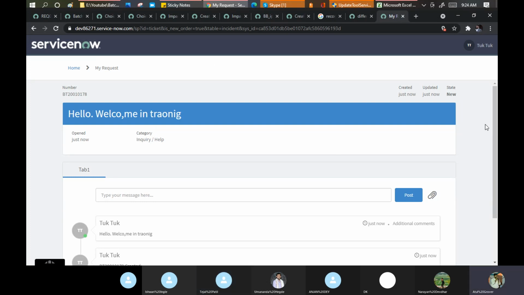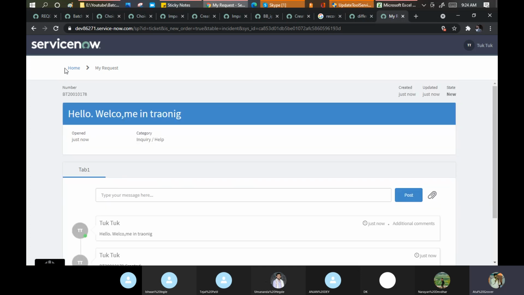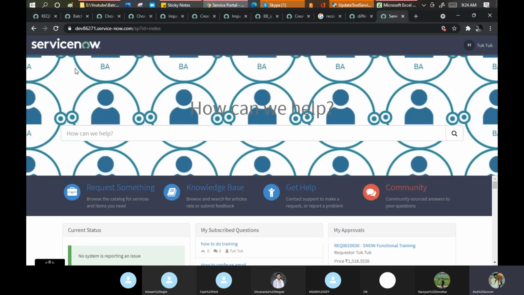One more thing. If I open the discussion now. Okay. Here you are able to see tab 1, right? Tab 2, tab 3, tab 4. Let me show you something else. Why I'm showing you? Because these were the new addition in the previous release, not in this release. It was in the previous release.